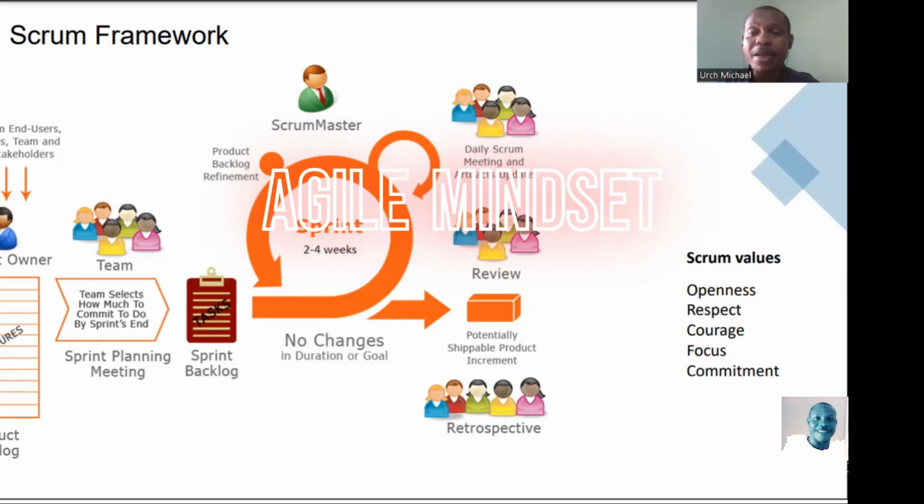And you agree with me that how fast a team can accomplish a task depends on the quality of the team. If you have a team with inexperienced team members, people who are not so used to the system, they're just trying to learn the system, and then you have another team of experienced team members, I don't need to tell you what happens.